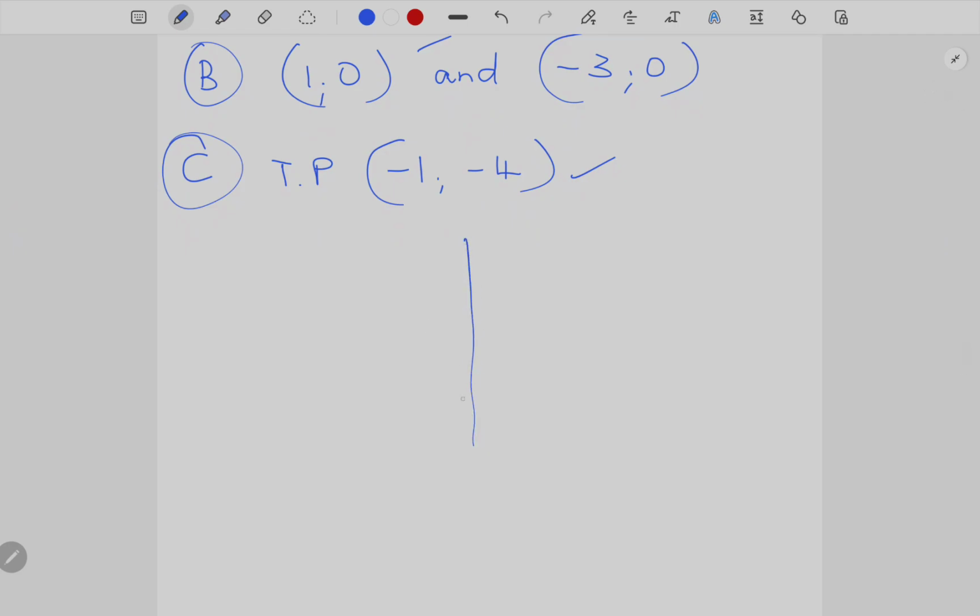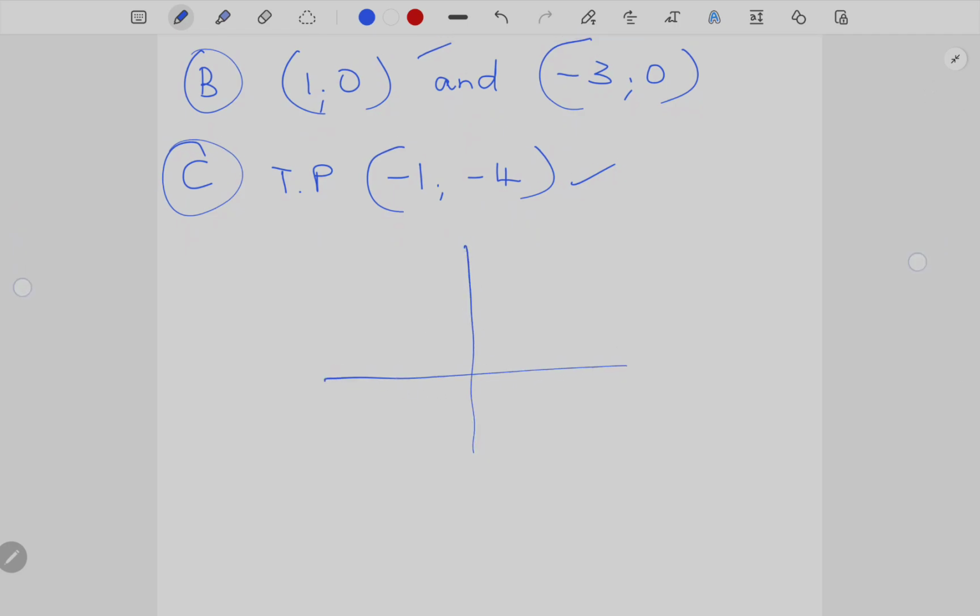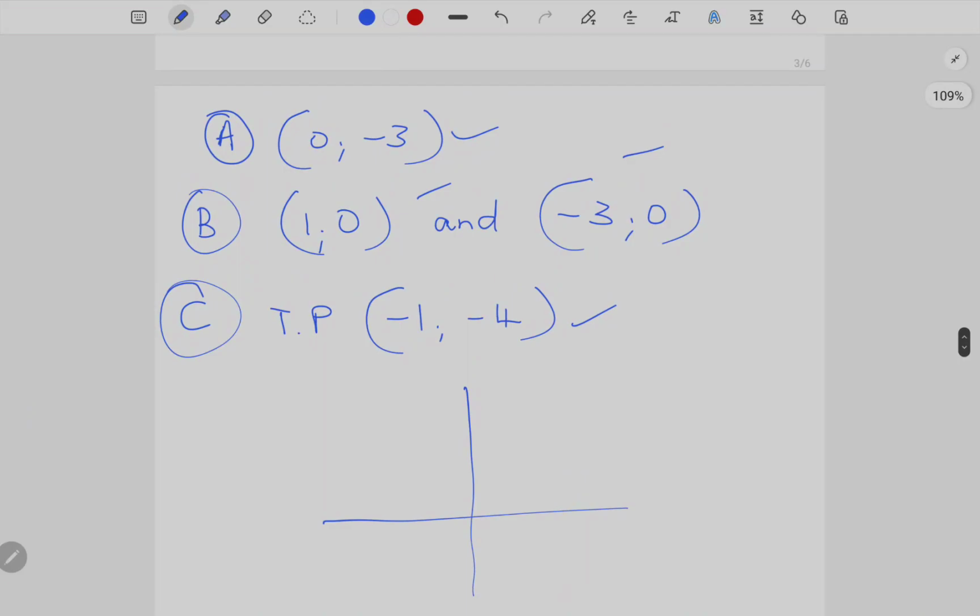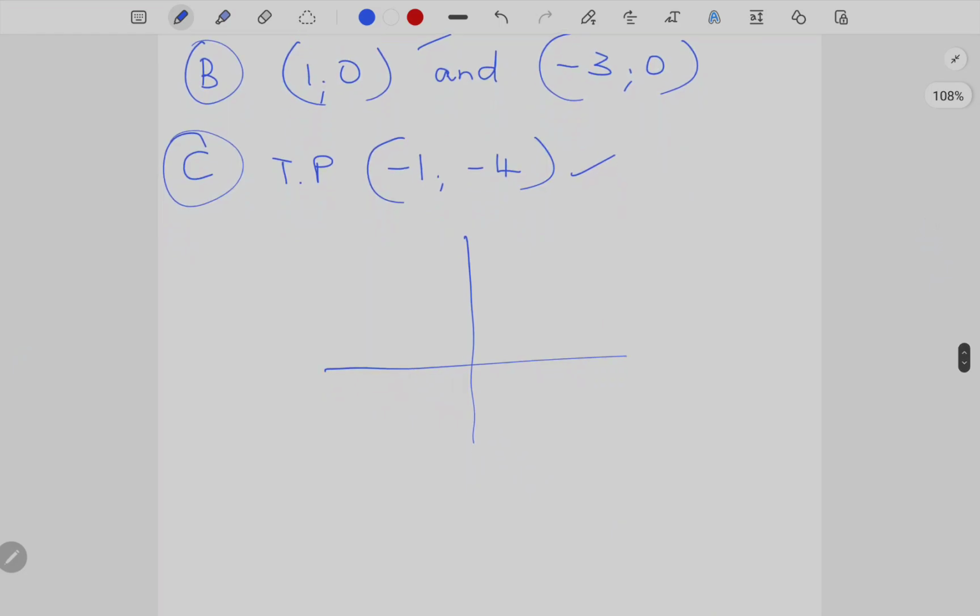Okay, now let's draw the Cartesian plane. So what is the highest number? Ignore the sign in the x value. So in the x value, the highest number is 3. Ignore the negative sign. So we're going to say 1, 2, 3, maybe up until 4. Okay, these are x values. This on the positive side. On the negative side is negative 1, negative 2, negative 3,